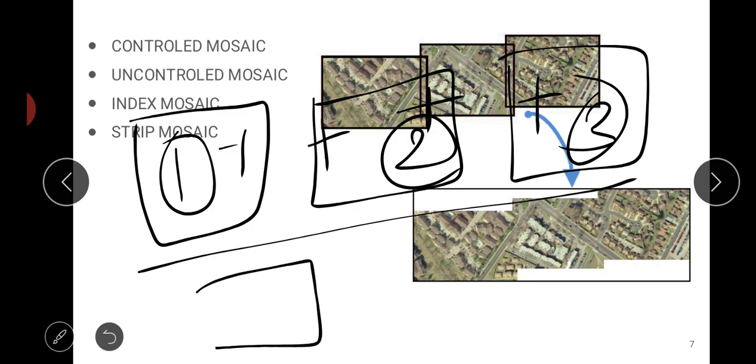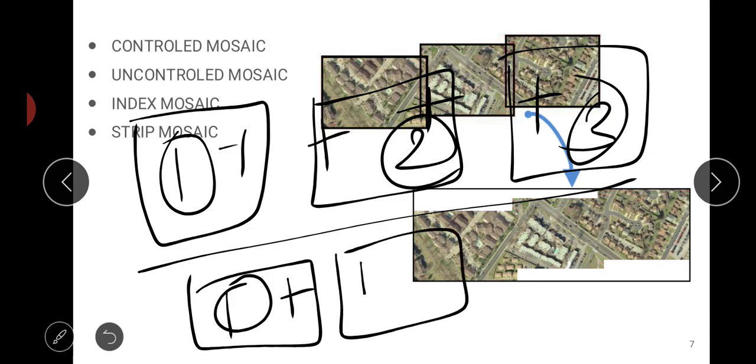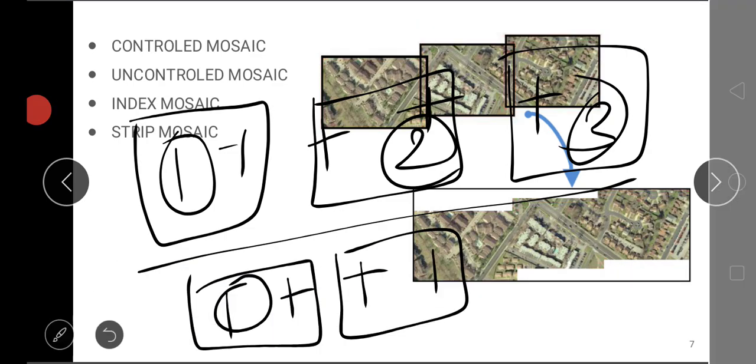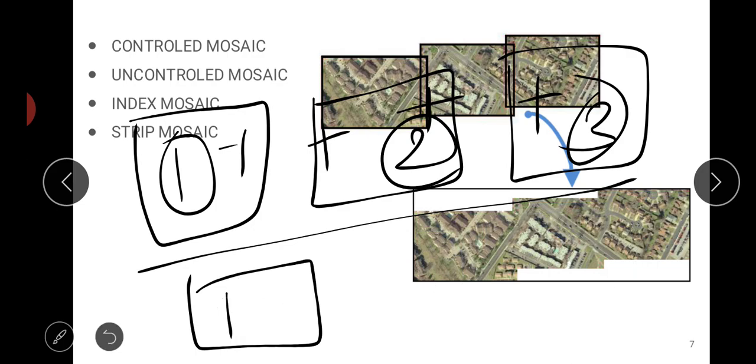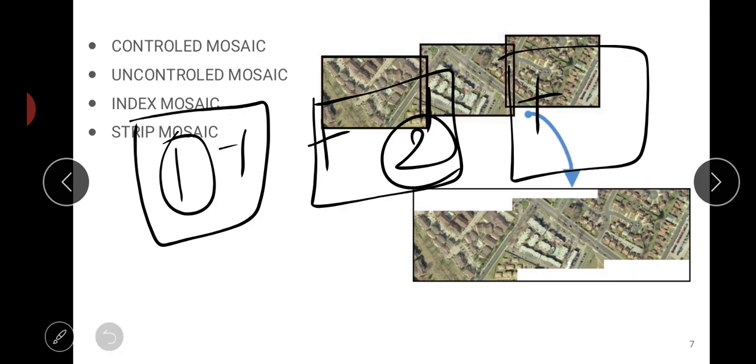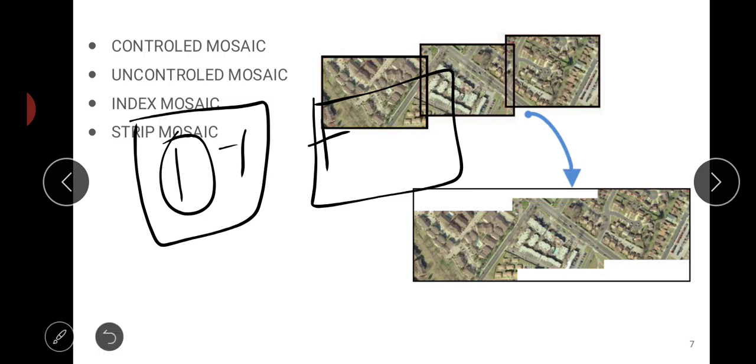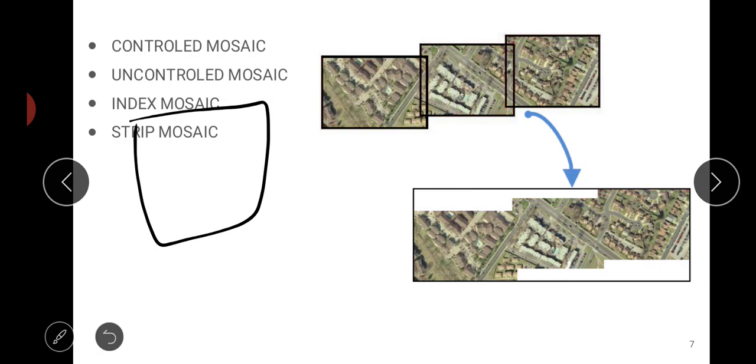We arrange them according to the number itself, but the ground control points will not be overlapping each other. I hope you all understood what uncontrolled mosaicing is, wherein the series of photographs are arranged one after the other in ascending or descending order, but the ground control points will not be overlapping.